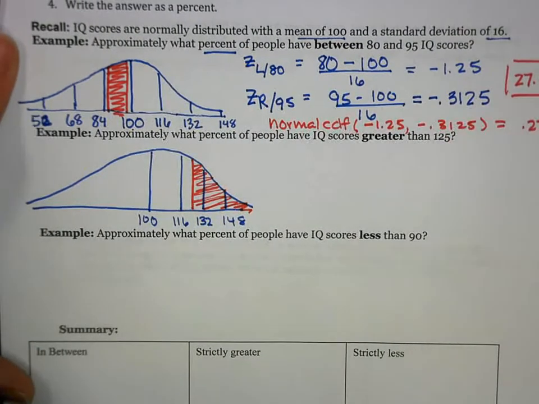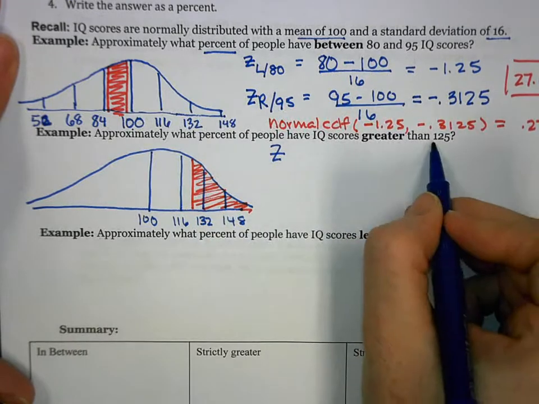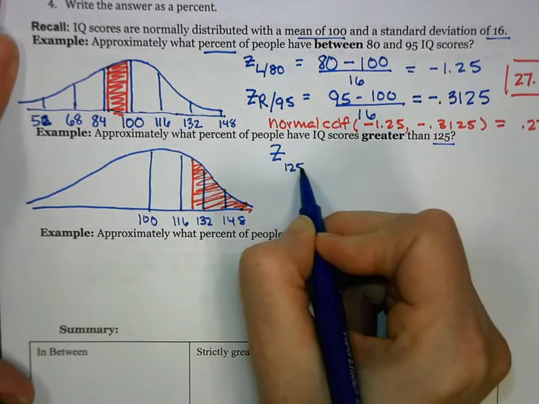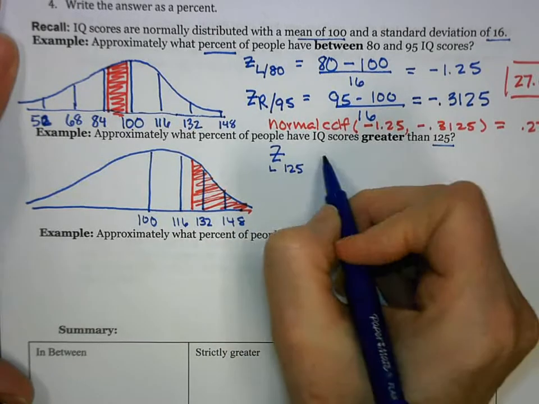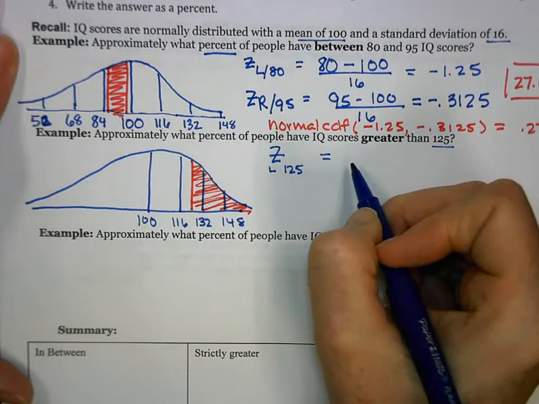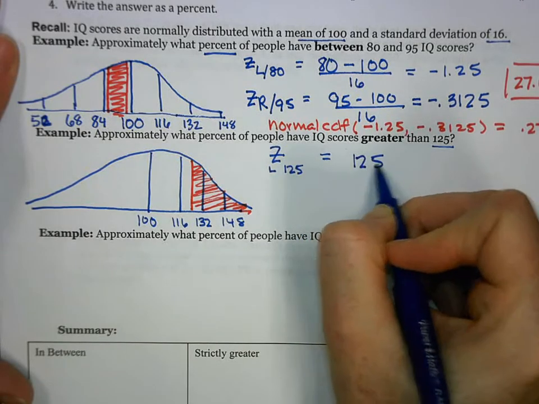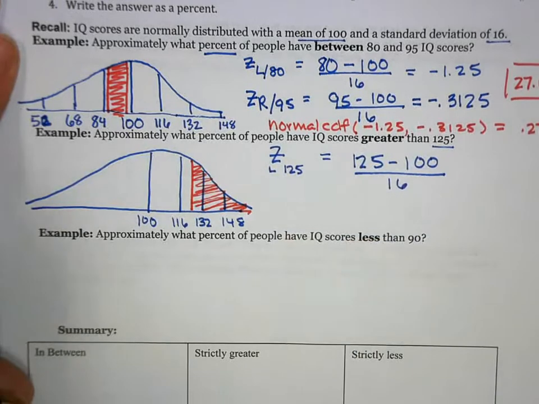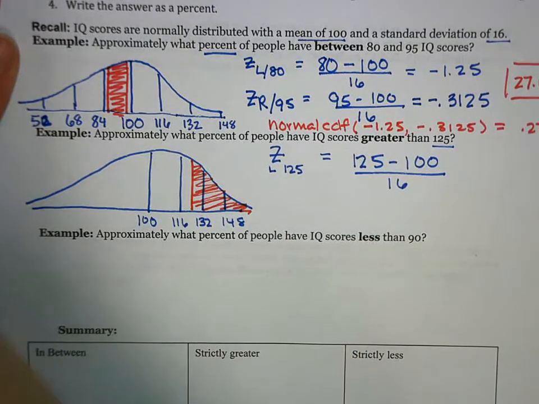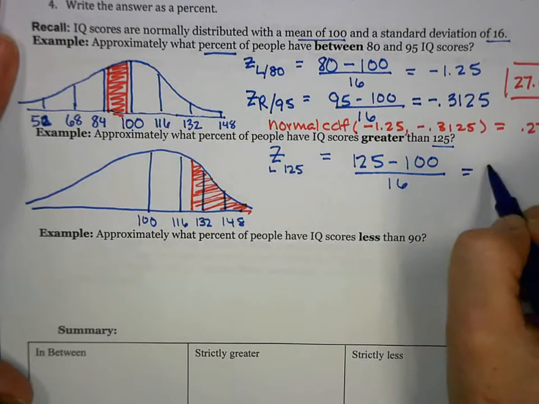So we only need one z-score. We need the z-score for an IQ score of 125, and this is going to be a left z-score. We're going to say, okay, that's going to be the value, 125, minus the mean, over the standard deviation. So 25 divided by 16 is